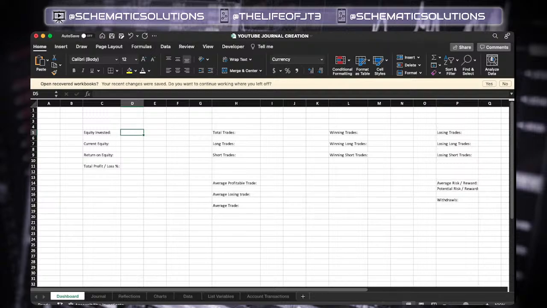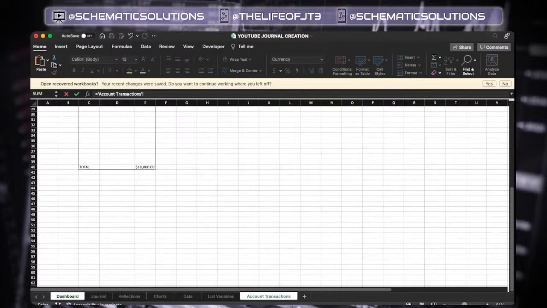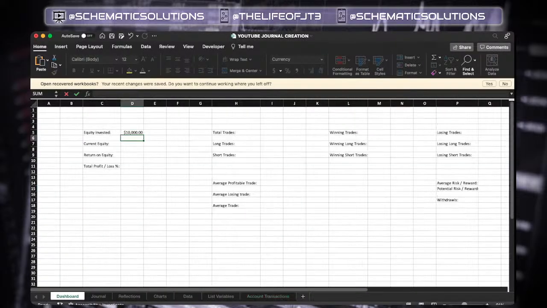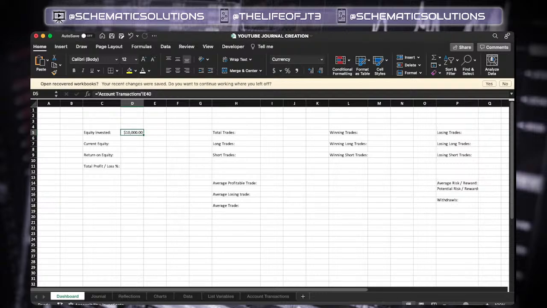Our equity invested, we can get this by typing in equals, going to account transactions, and selecting E40, and enter. That's going to give us our equity, our money that we have actually invested. Now, we want to know our current equity. So we're going to get this